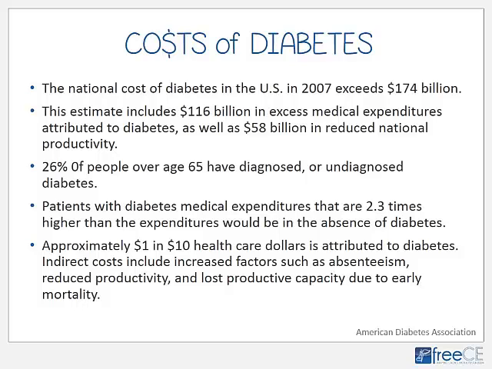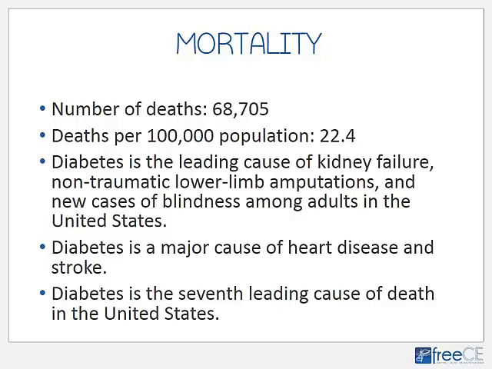Patients with diabetes medical expenditures are 2.3 times higher than the expenditures that they would have in the absence of that disease. And approximately 10% of our healthcare budget is attributed to diabetes. That's including those indirect costs, which include absenteeism at work, reduced productivity, and lost productive capacity due to early mortality. An expensive disease indeed. When we look at mortality, we have